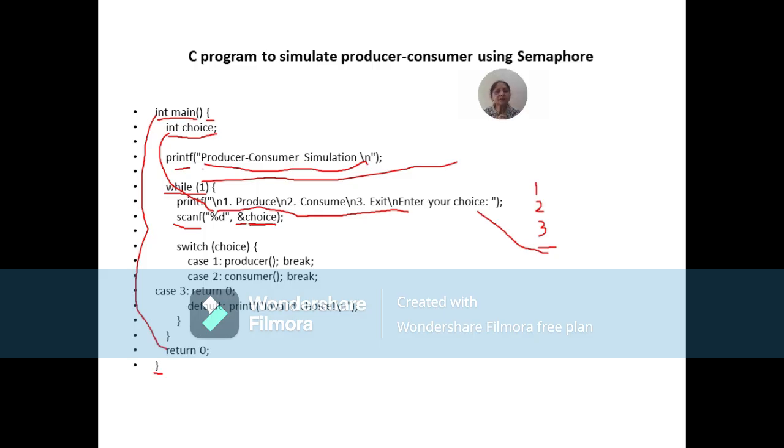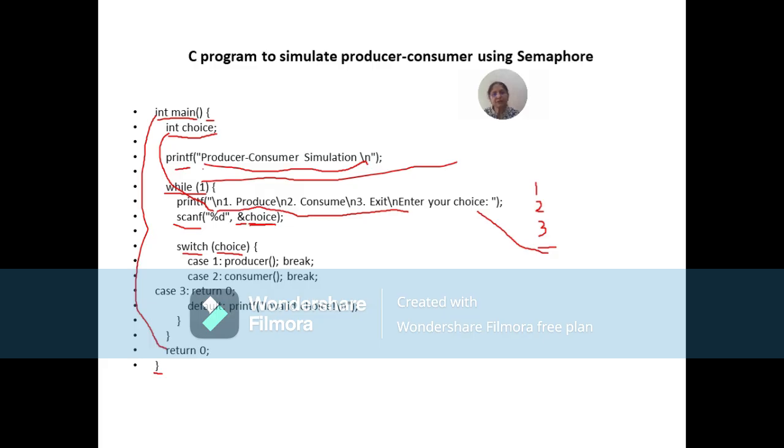Now, after accepting the choice from the user, we want to cross-check whether it was 1 or 2 or 3, or something else other than 1, 2, 3. For that, the best construct that we can use in a C program is switch case. So we are using the switch case here. Switch. For which variable are you checking the value? We are checking the value for the variable choice. So you see here in the bracket, we have written choice. This is the beginning of our switch case statement.